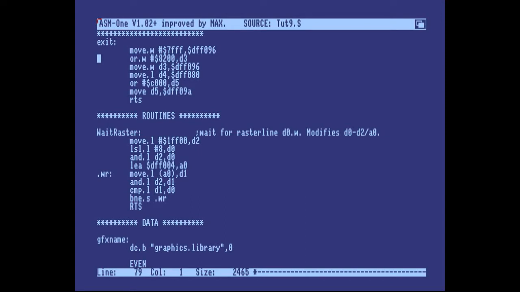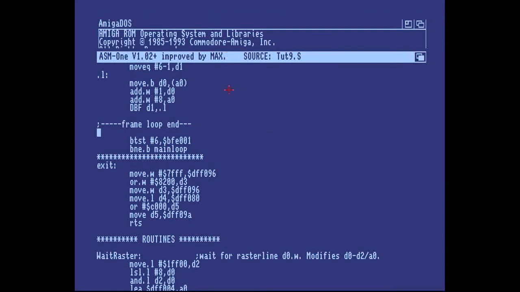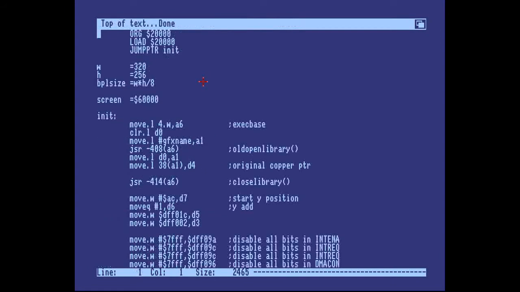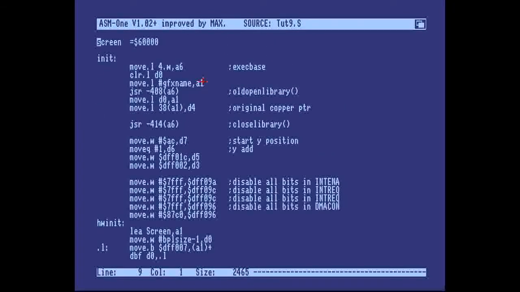So that's it. If we run this now, it should be business as usual. It seems so. And as you can see, if you in previous tutorials didn't get your pointer back, you could get it back by doing this. But we don't need to do that now, because we've been good boys and programmed everything system friendlily. So that covers the